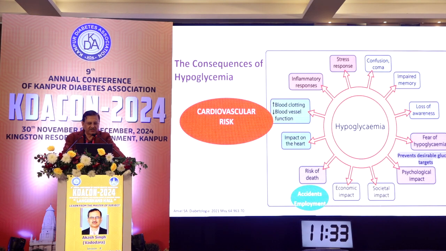So the consequence of hypoglycemia is a stress response. The symptoms may be confusion, coma, impaired memory, loss of awareness, and a fear of hypoglycemia, preventing effective management of diabetes, psychological impact, social impact, economic impact, risk of death, impact on the heart, accidents, employment problems, and cardiovascular risk, everything is